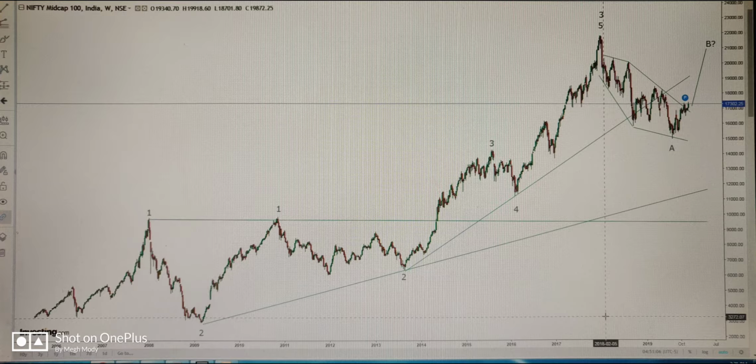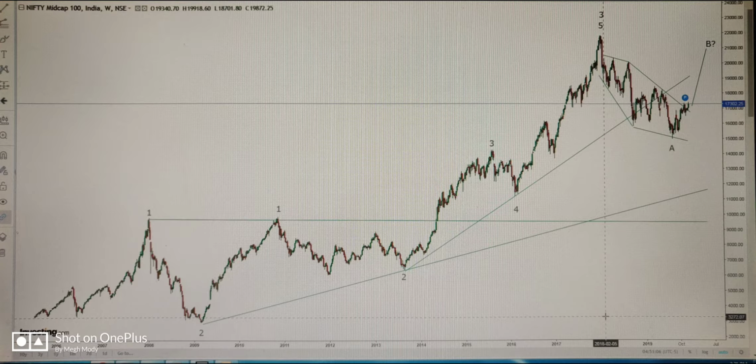Now here I have tried to mark a neo wave diametric pattern after completion of wave 3, and I have marked a bigger wave A. Now if it is true, then wave B can at least exceed till 80% of the entire fall from wave 3 to wave A, which means that this index is now poised to go till 21,000 odd points. If it is true,